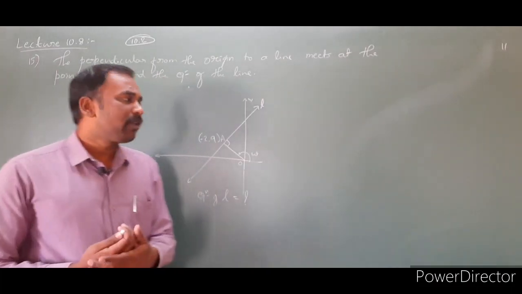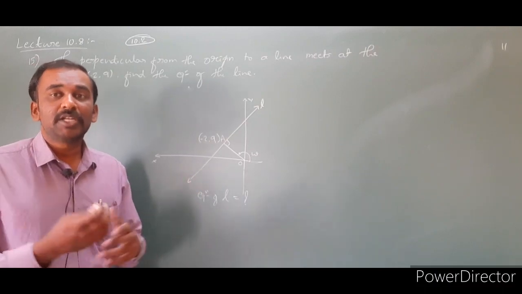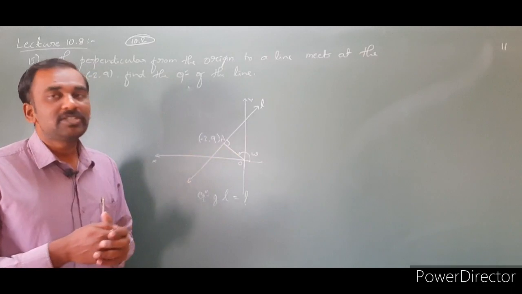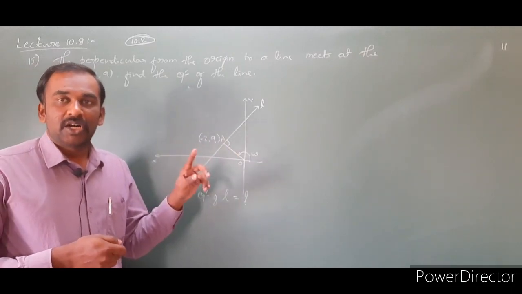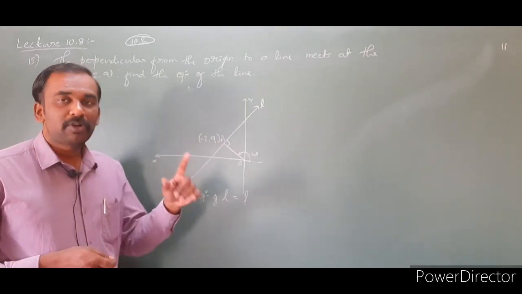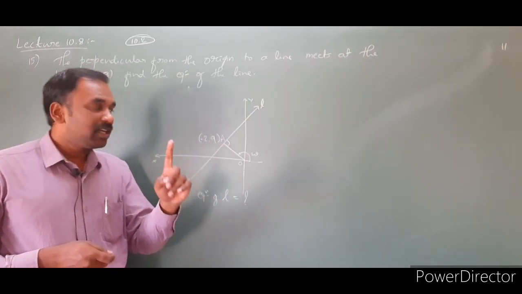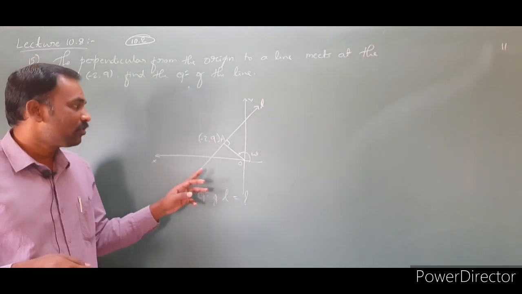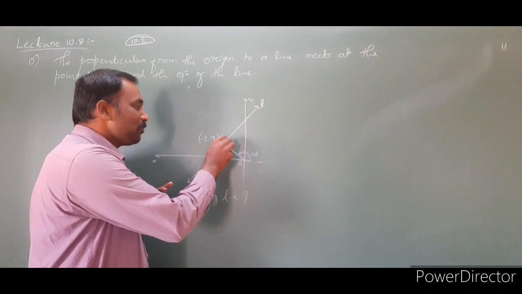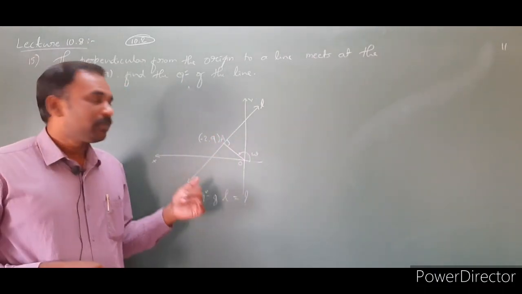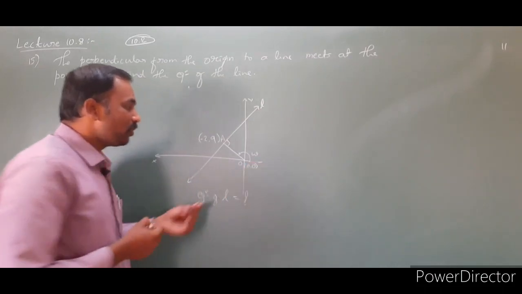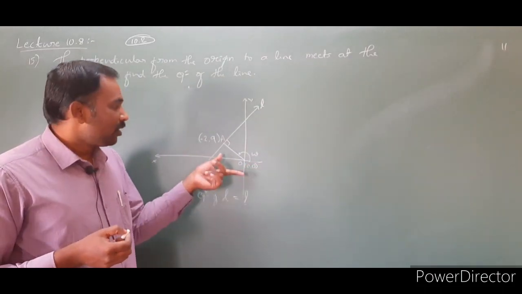So there are several forms to find the equation of a line. How many forms are there? Totally 6 forms. Out of the 6 forms, which one is suitable? Vertical and horizontal forms are not suitable here. Slope point form needs one point on the line and the slope of the line. Already we know one point on the line. Is it possible to get the slope of the line? Yes. What are the coordinates of the origin? The origin is (0, 0).